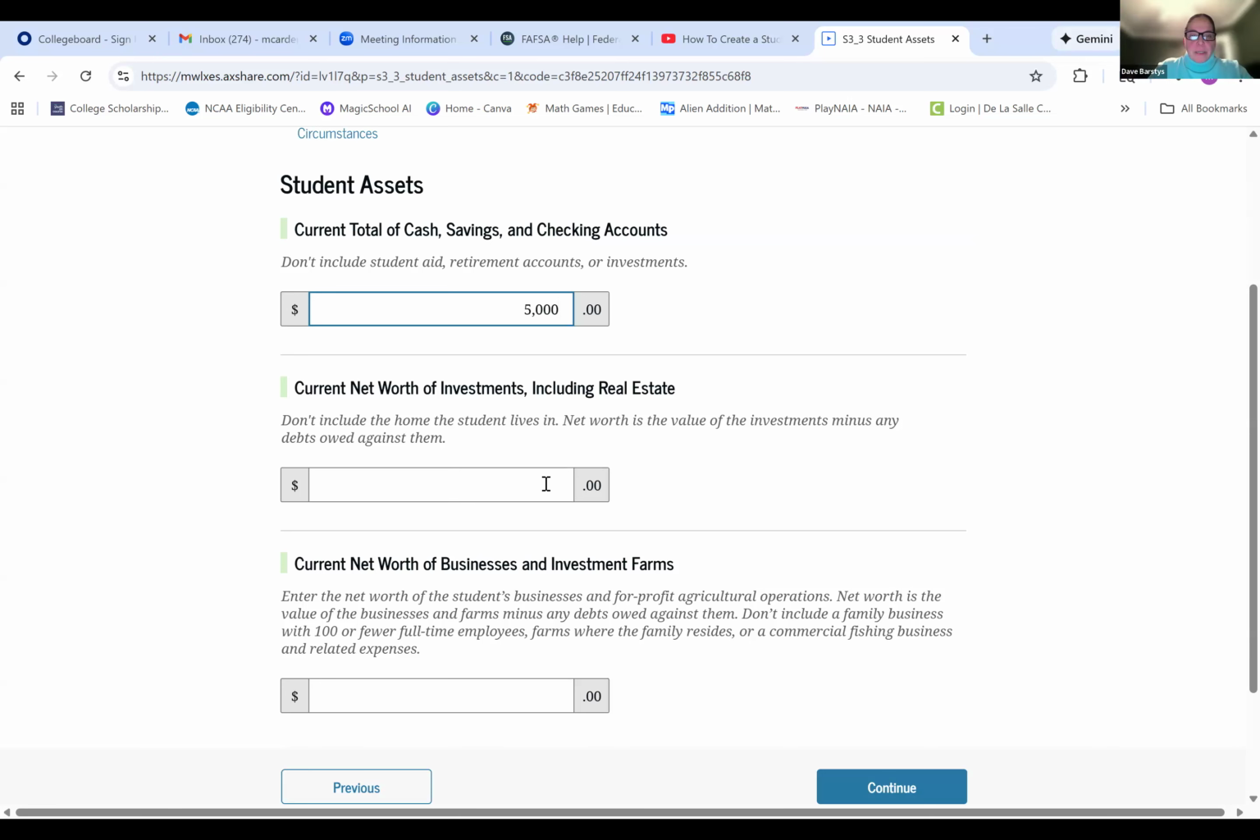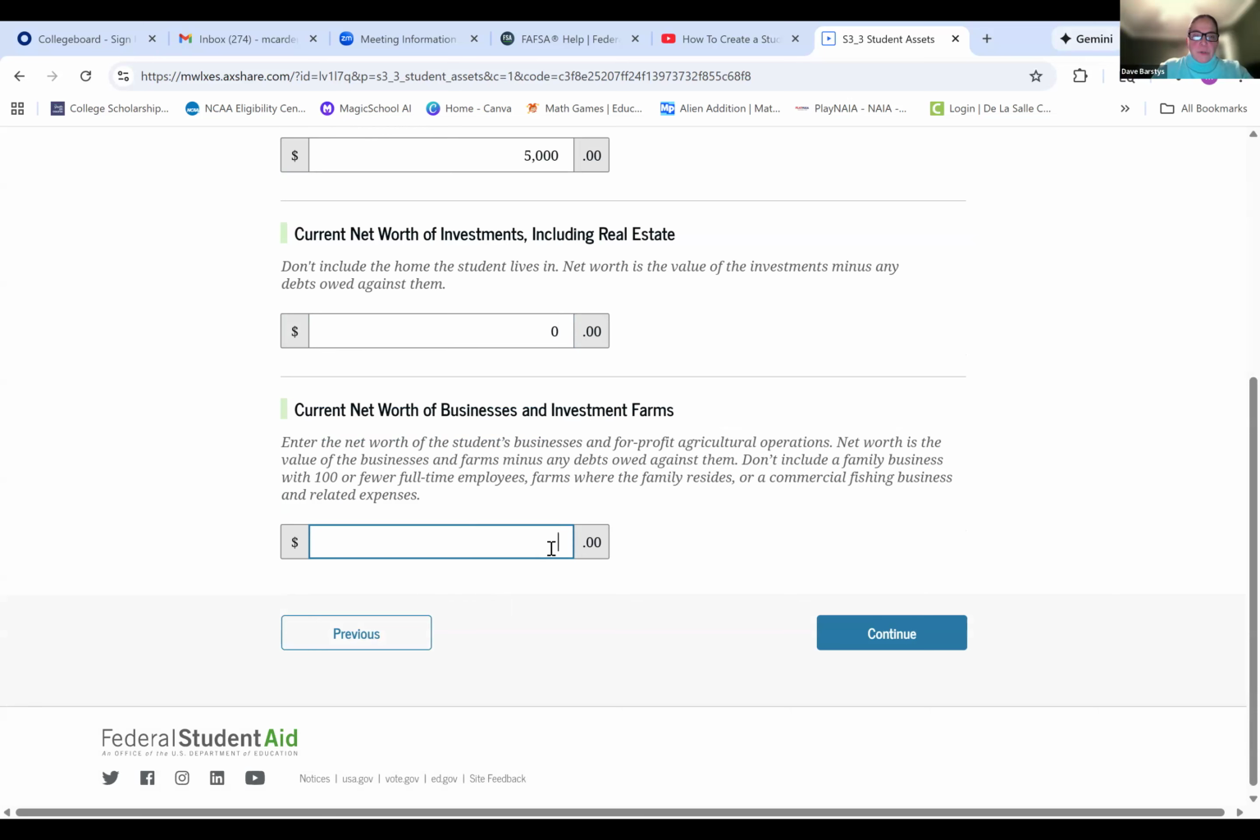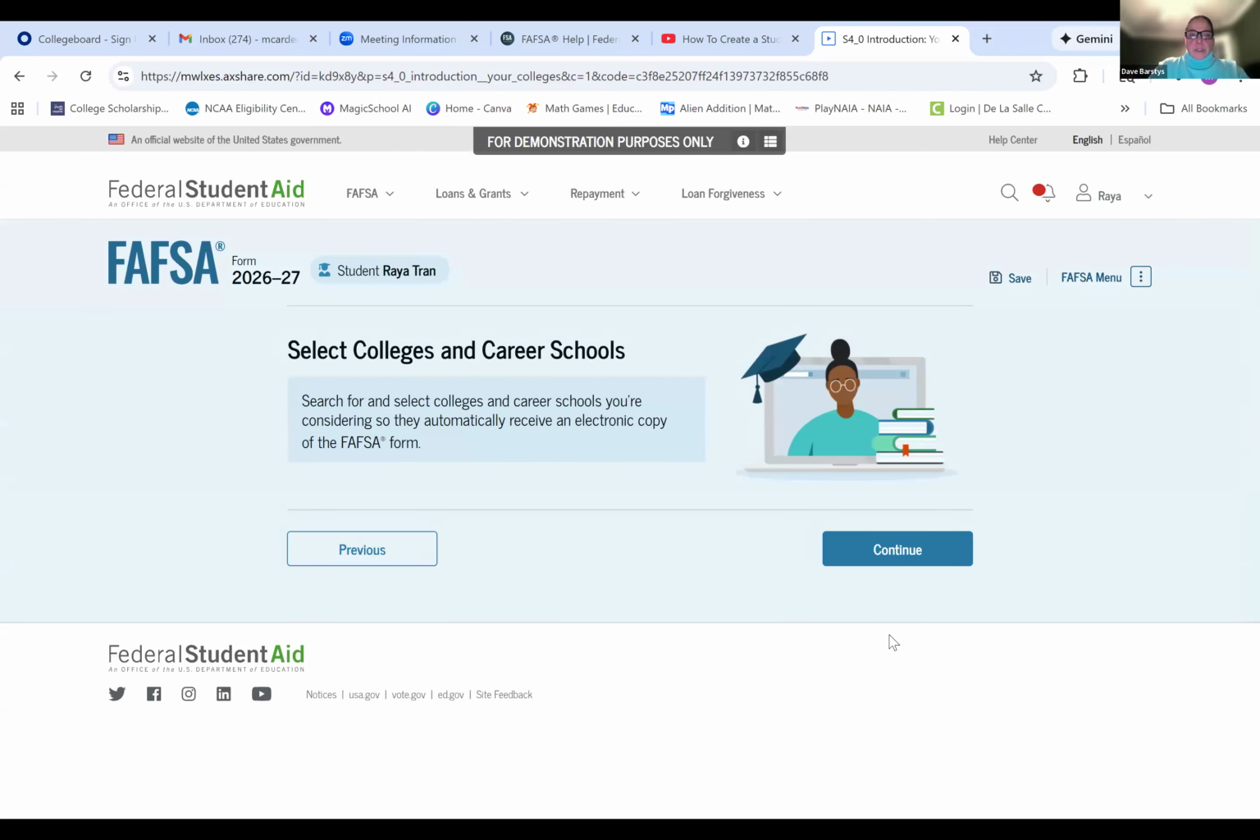Again, they don't really have any investments or real estate, so that's going to be a 0. Net worth of business and investment farms, again, a 0. And then we'll continue. Now when you get to this list, you can select up to 20 schools